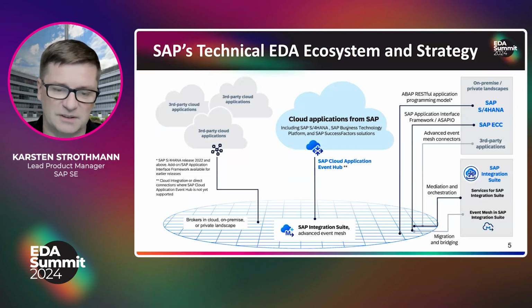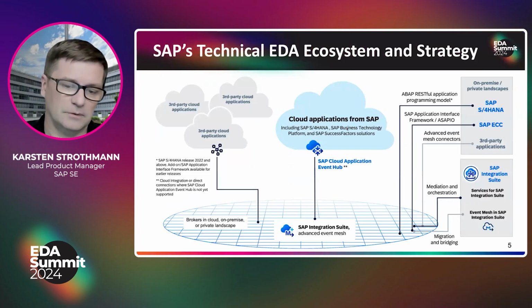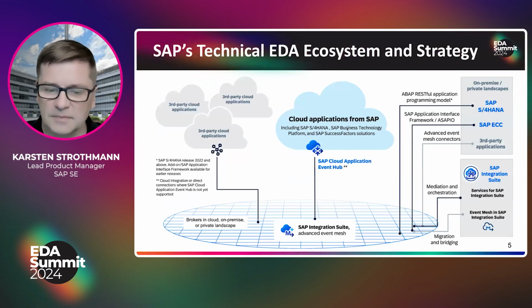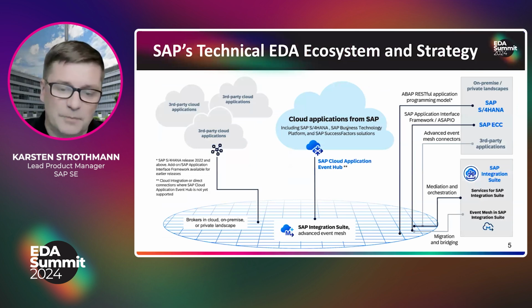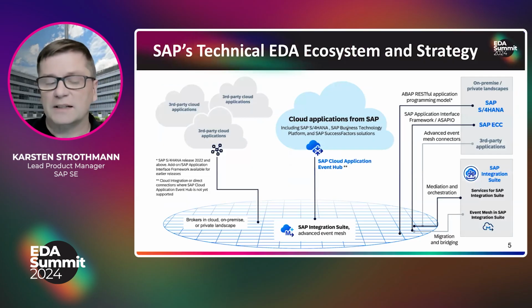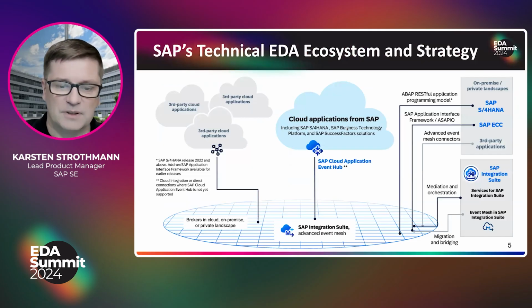And let's start at the bottom of this. What do you see here? SAP Integration Suite Advanced Event Mesh. It's our flagship event broker. I recommend every single customer starting with EDA at SAP to have a look at Advanced Event Mesh first, because it really offers a lot of sophisticated features, and it does scale from the smallest scenarios to ultra large scenarios. So in the end, that's the go-to broker. You can run it in the cloud, you can deploy it on-premise, and